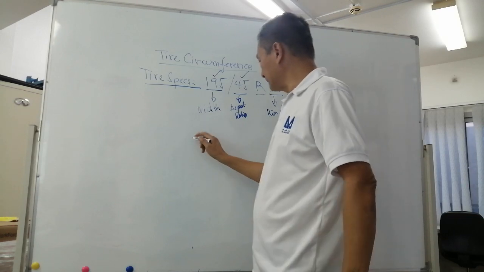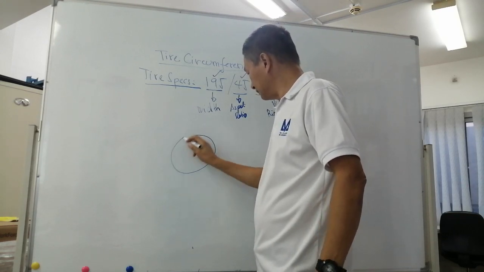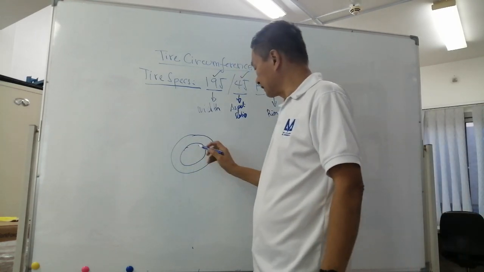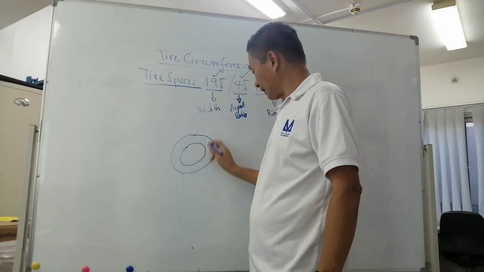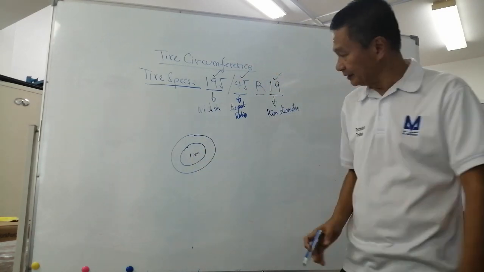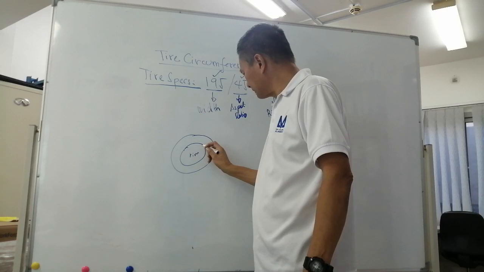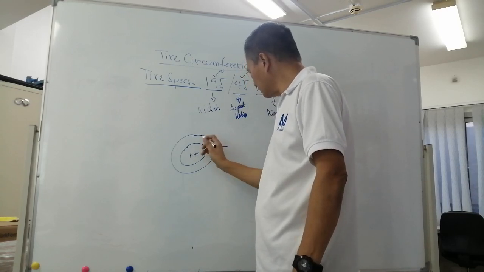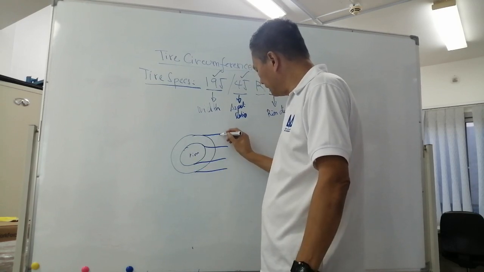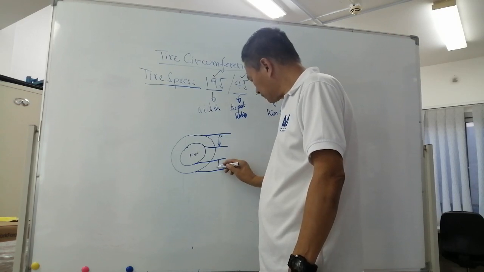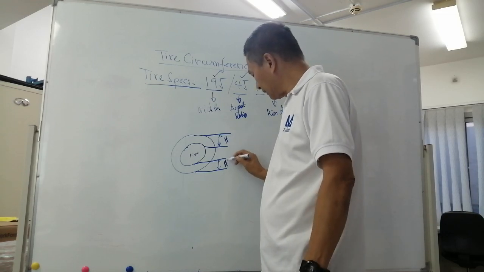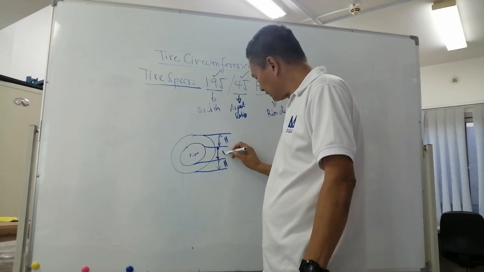This is like a donut, and this is your tire, and this is your rim, or alloy wheel, or steel rim. From here to here, and also here, this represents your tire height, and this one represents your rim